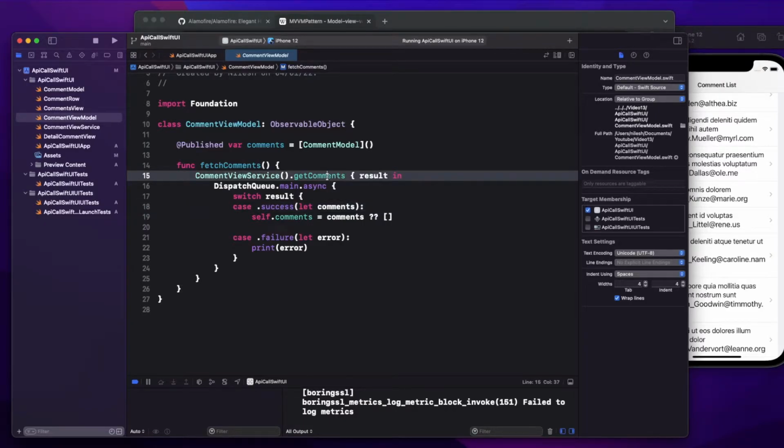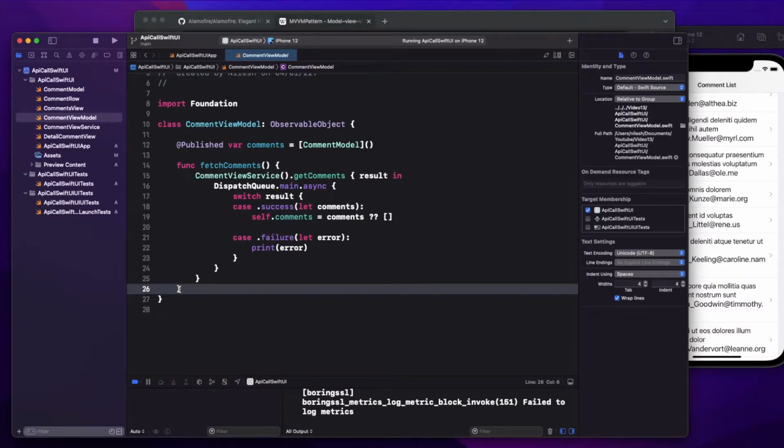But when you write a test, you don't call the actual API, you mock it. So this code is MVVM, but it is not properly testable. This is what we are going to change: how can I make this code adhere to proper MVVM principles, and how can I make this code testable.